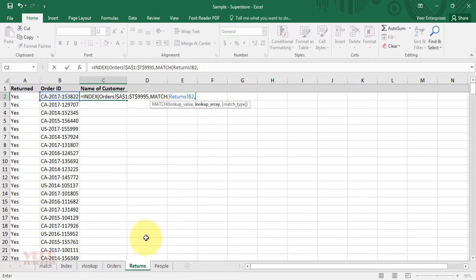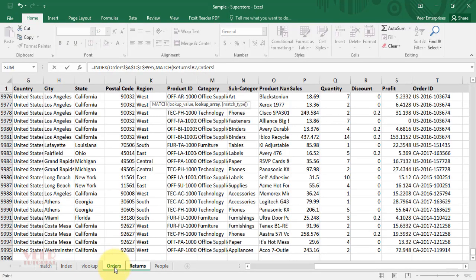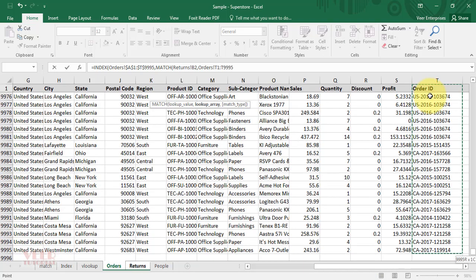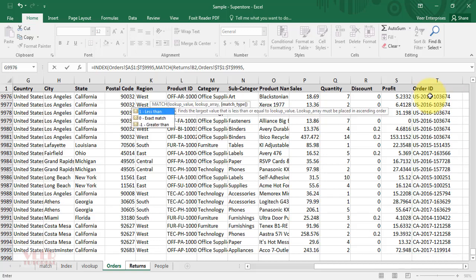This time the lookup array would be on the order tab, and this would be the array. So select from top to bottom and make it constant as well. Press F4 and comma, select 0, press tab and bracket close.